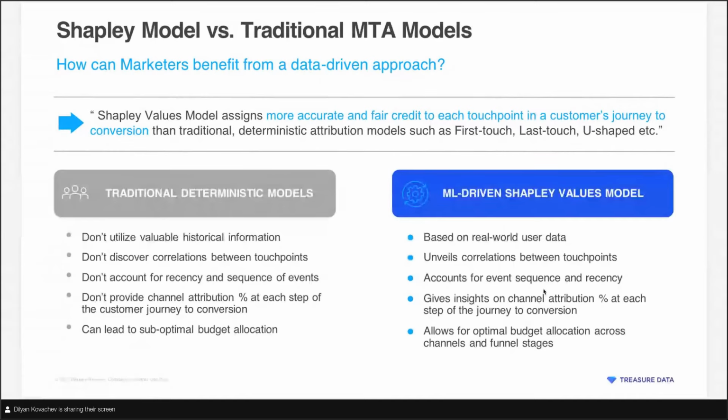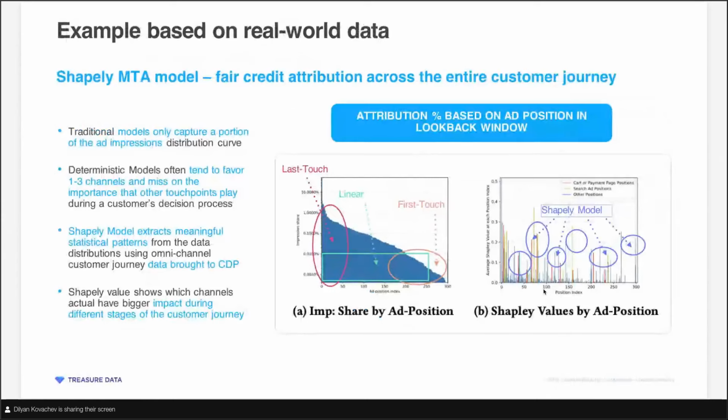And so we believe that, because it's data driven, it's closer to the real world, and it's more fair. That's the design of that model. But that doesn't necessarily mean that it can work for any campaign or any business model or any marketing strategy. So we'll talk later about how we can advise using a combined approach versus maybe picking just one model. But these are the general comparisons between the two.